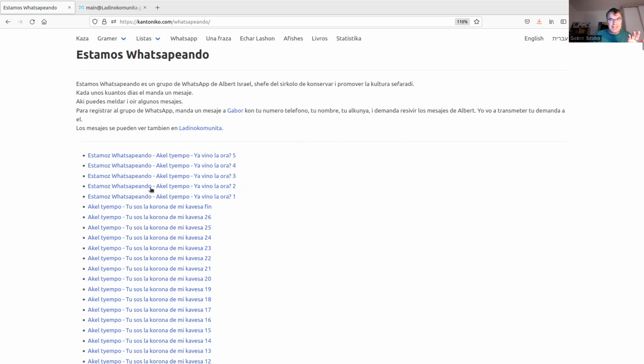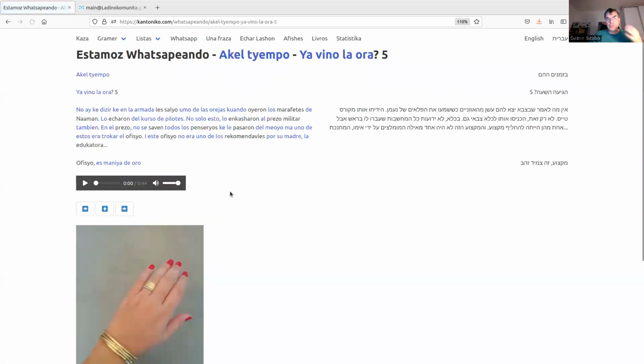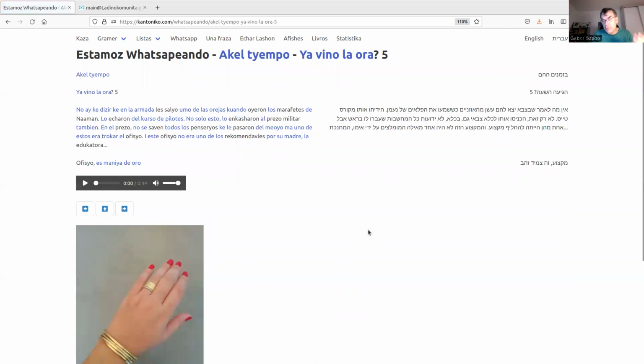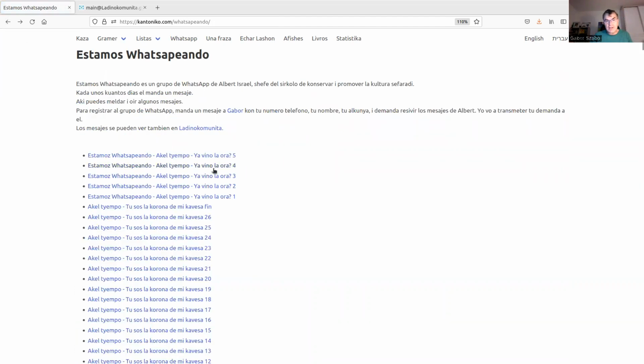So you can see this here. If you click on one of them, and these are newer ones, the newer ones already have the Hebrew as well. The older ones that we saw earlier didn't. So here you can see the Ladino version, and here you can have the Hebrew version, and here you can hear the voice of Albert Israel as he's reading it, and there is an image that is probably related to this story. You can see that these are actually series in